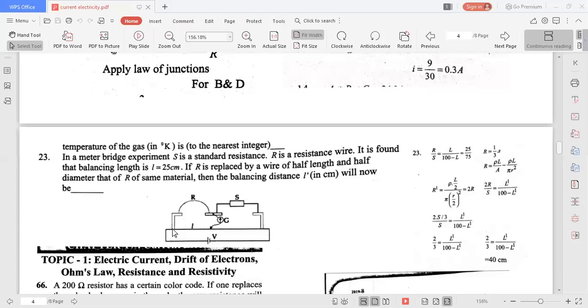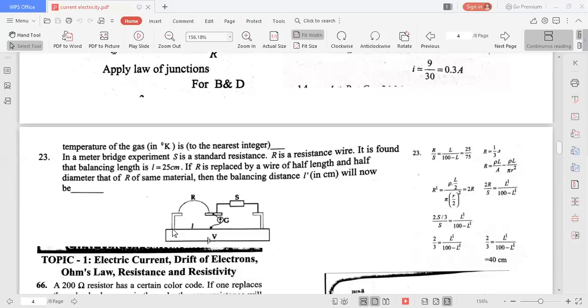R1 by R2 is equal to L1 by L2 into R2 by R1 whole square. In the first case, length of the wire is L, say. In the second case, length of the wire is half the length, that means L by 2, into ratio between the radii or diameters, both are same. Here the diameter of the wire is half the diameter of the previous wire. That means if initial wire is having diameter R1 or radius R1, then it becomes half. That means R2 is equal to R1 by 2. Whole square is there. That is equal to 2 into 1 by 4 you will get now. So 1 by 2. Therefore, R1 by R2 is equal to 1 by 2.